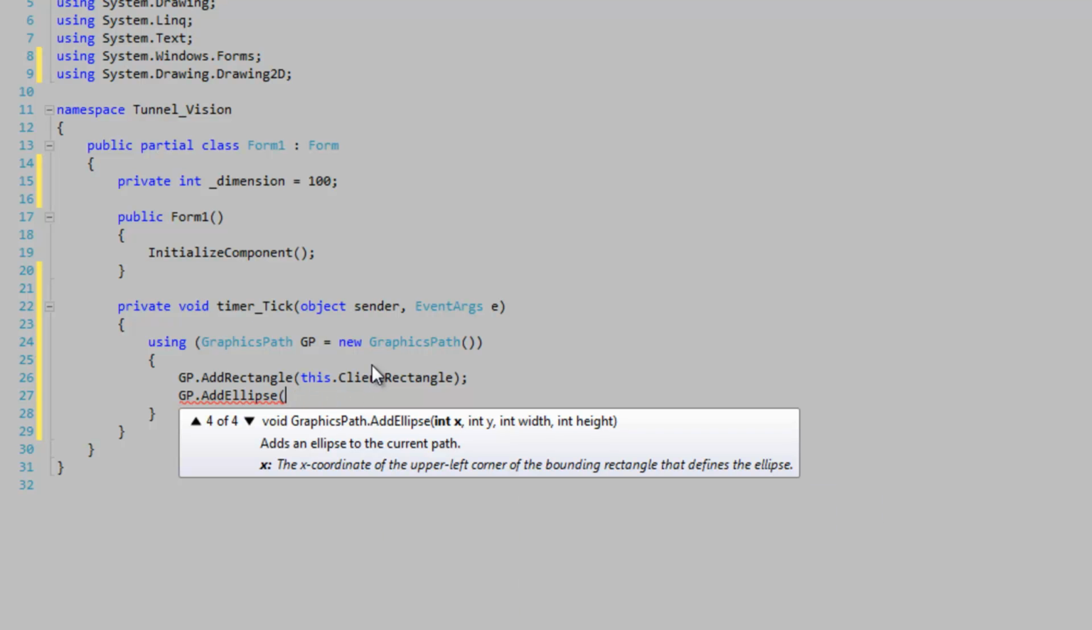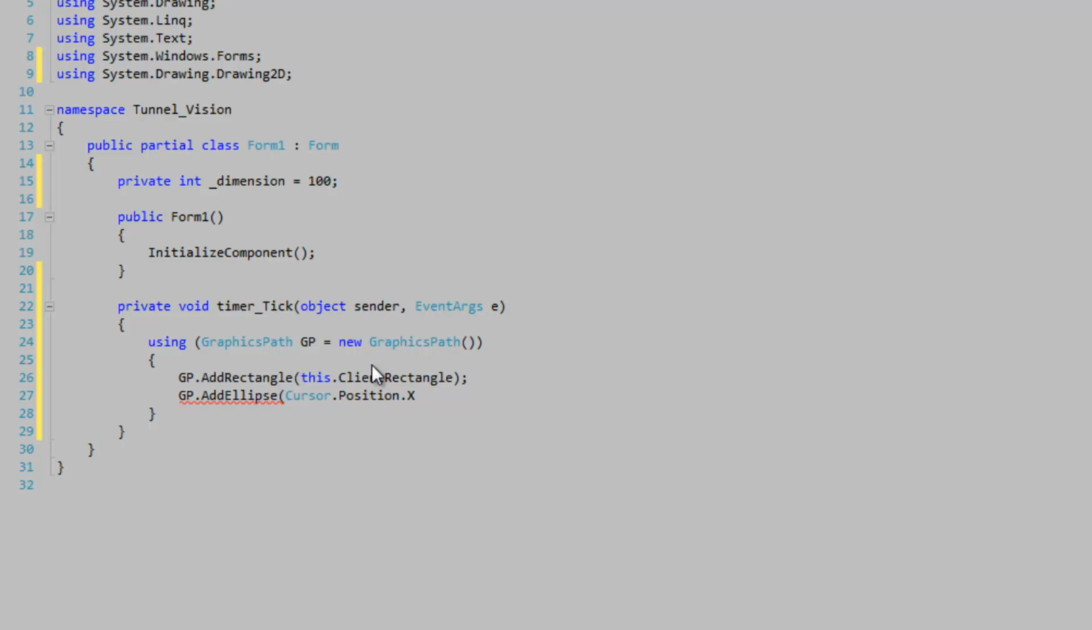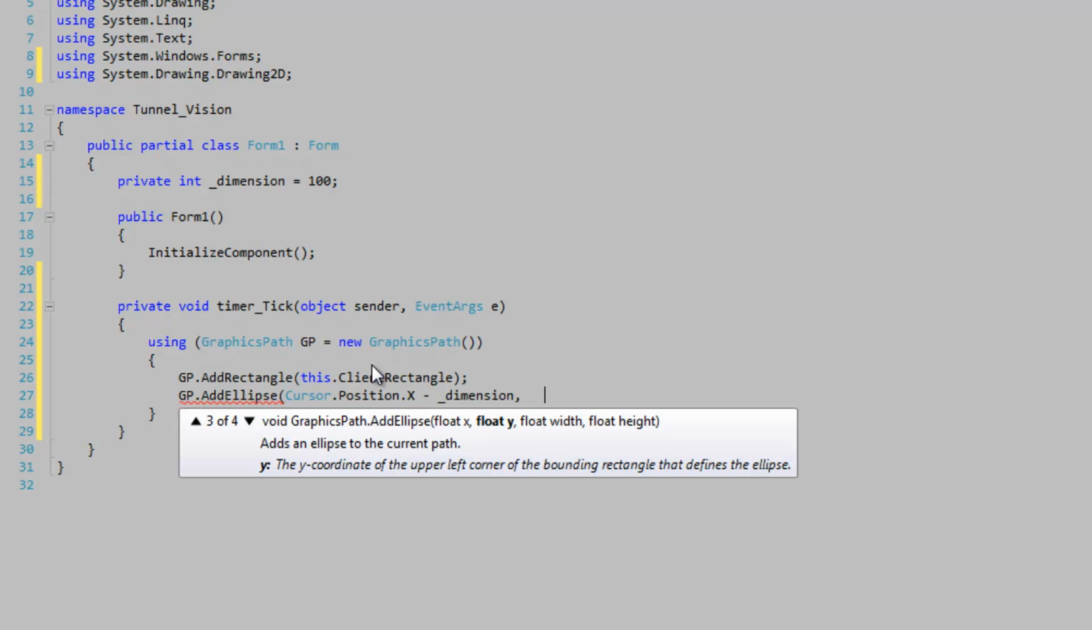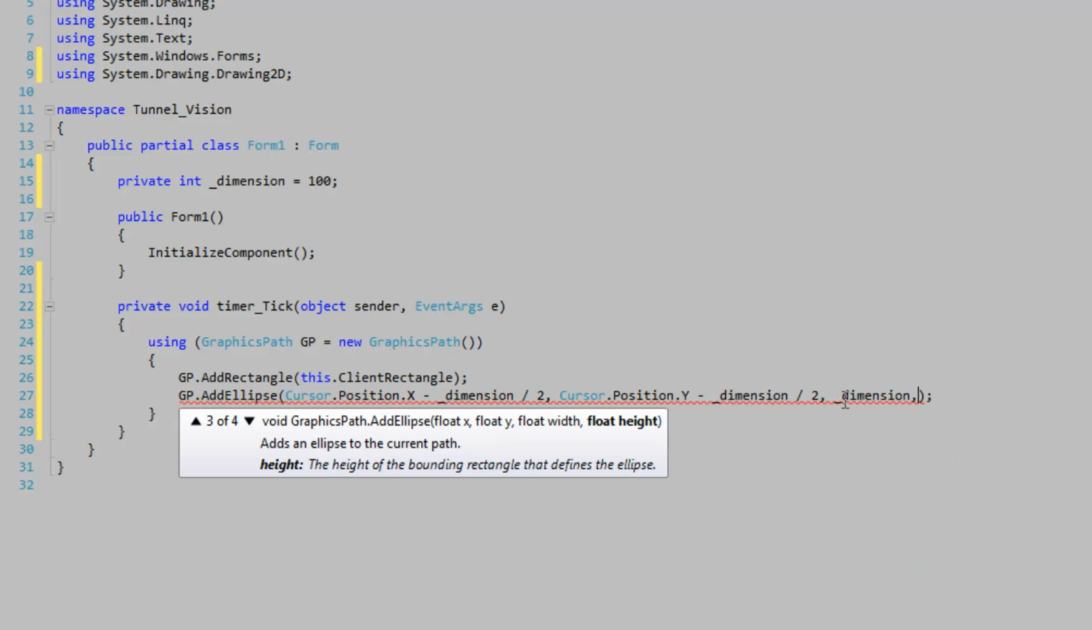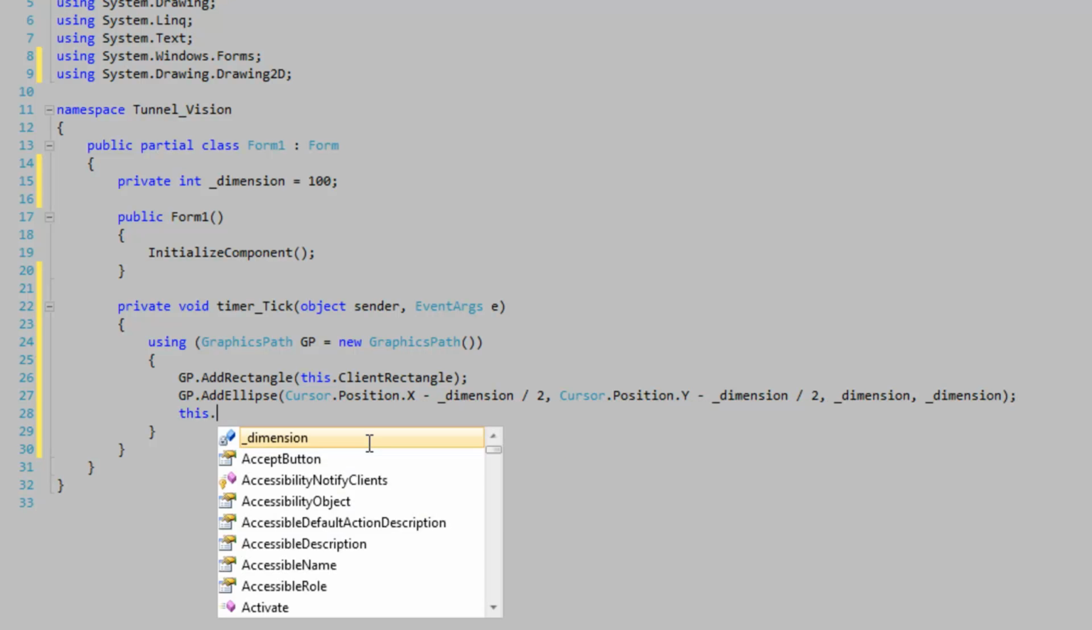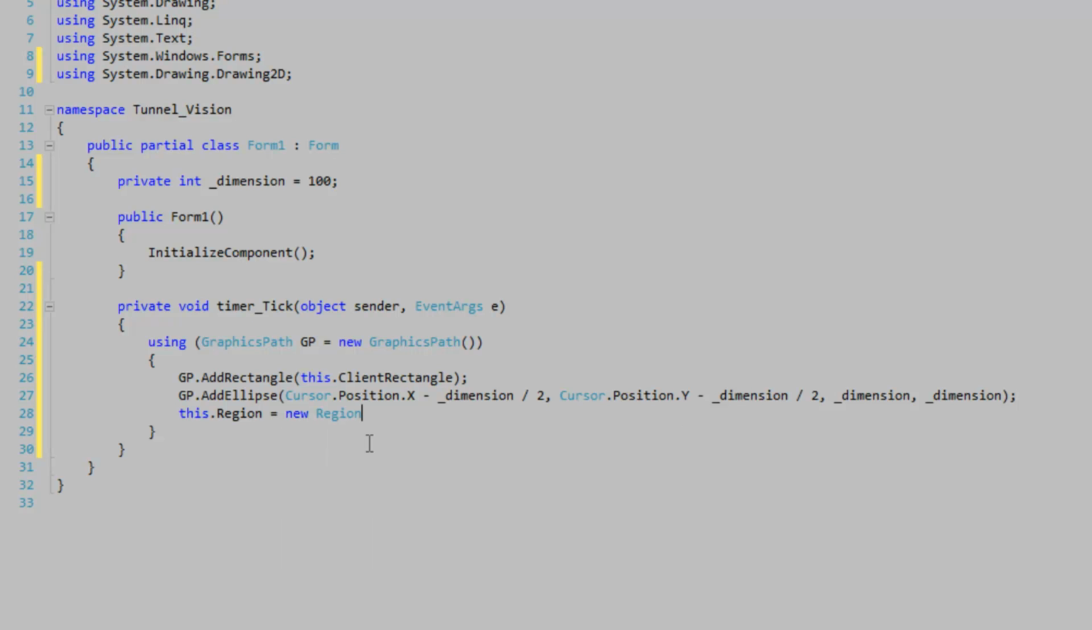Sorry, I'm doing this wrong. X, take away this, no, dimension divided by 2. Yeah, we're going to do the same thing for Y. The dimension is just going to account for Y and X. We need to specify the width and height of the ellipse. So dimension, and then we're going to assign to the region of the form. We can pass in our GP into the region constructor,